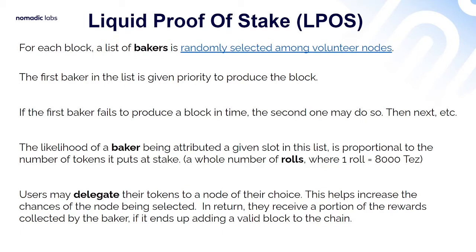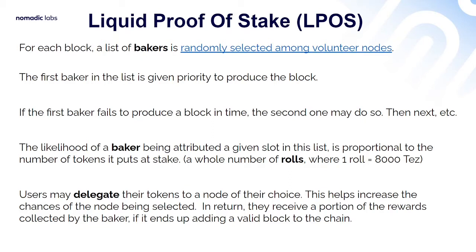So, as I was saying, Tezos is based on the liquid proof-of-stake consensus algorithm, and I'll say a little bit about how it works. For each block, a list of bakers is randomly selected among volunteer nodes. In this list, the first baker is given priority to produce the next block. If this baker fails to produce a block in time, then the second one in the list may do so, and then if it doesn't, the next one can do it, and so on,